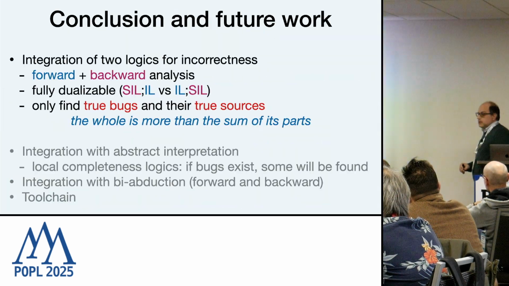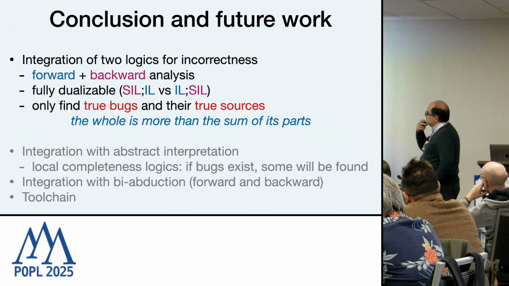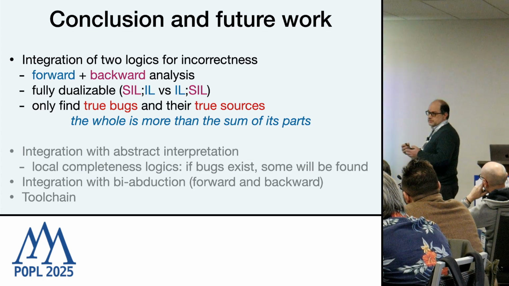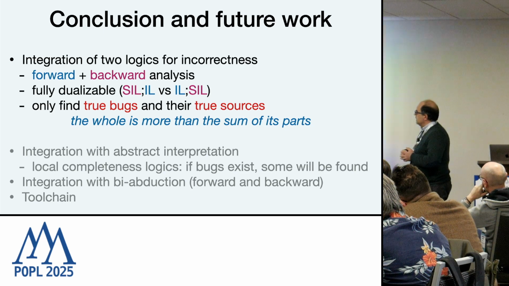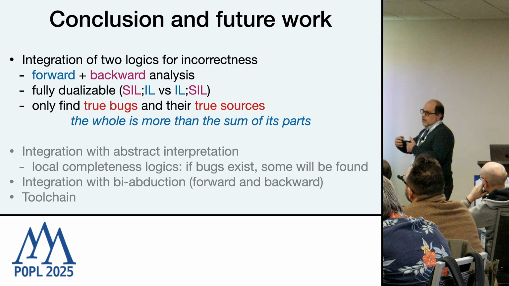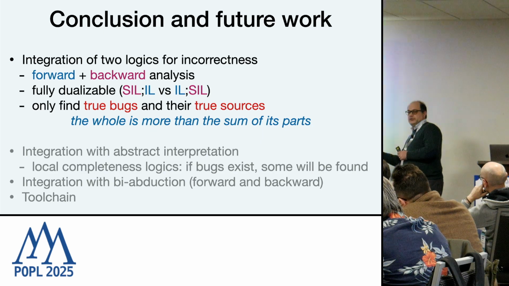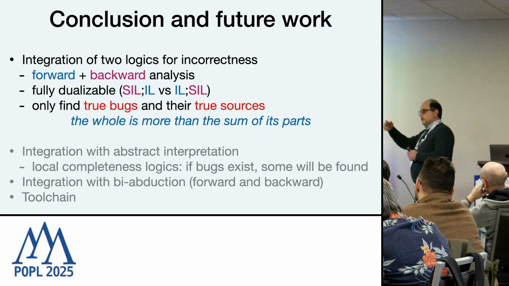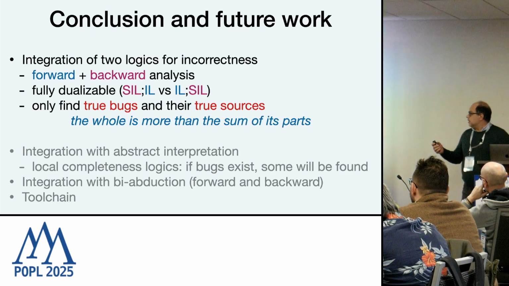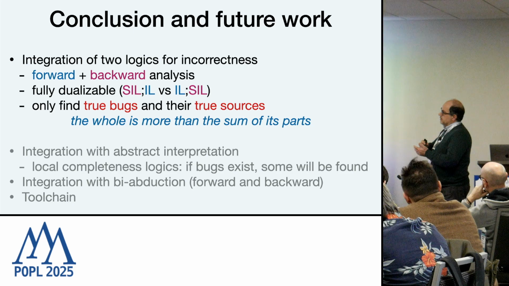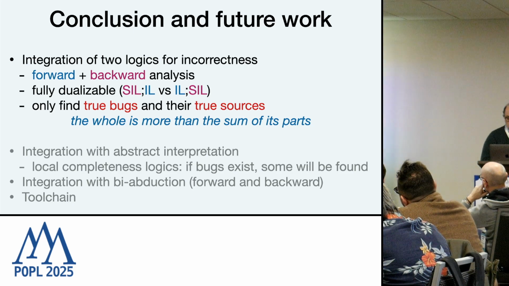So to conclude, in this work, we try to combine two different logics of incorrectness, of under-approximation. One is moving forward and the other working backward. We could also dualize the approach, starting from a sufficient incorrectness logic proof, and then derive a corresponding incorrectness logic proof to show that some bugs are reachable, which ones, out of a larger set. And so in the end, we can say that the combination of the two is more than just the sum of its parts, because in doing the second analysis, we can re-exploit what we learned from the first one. As future work, we